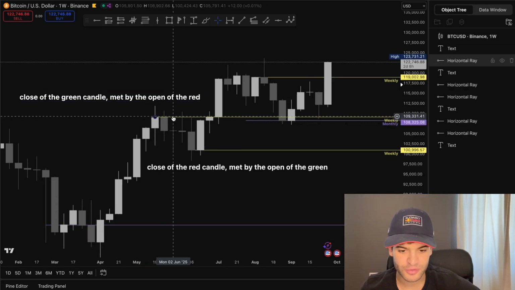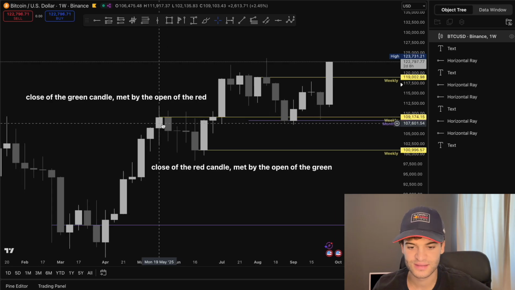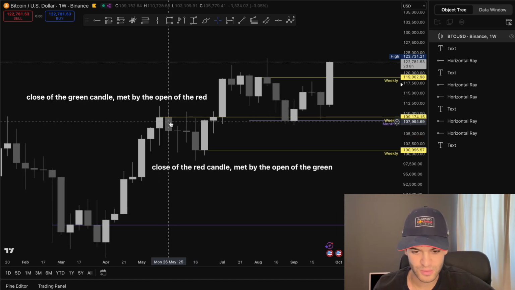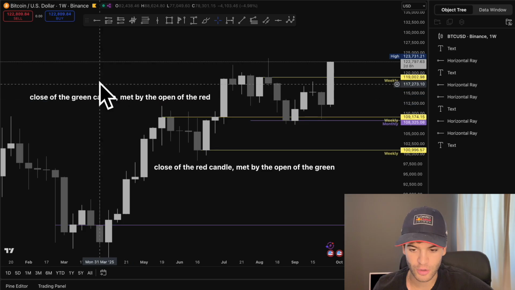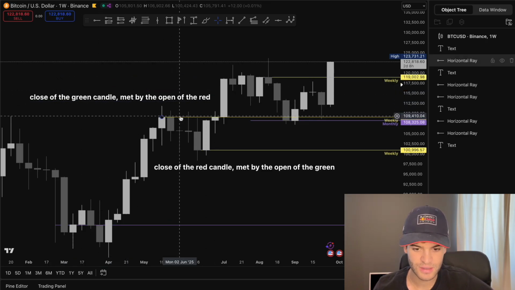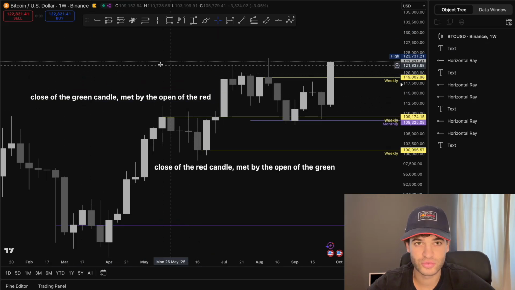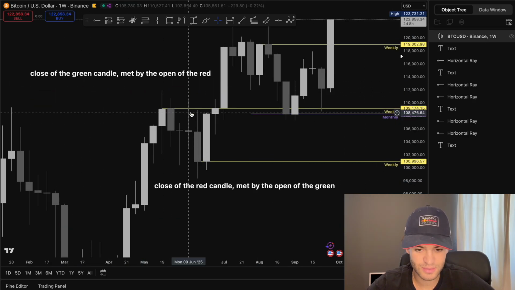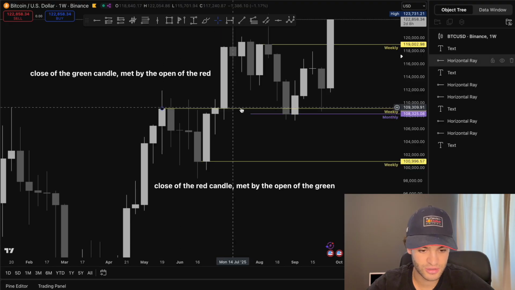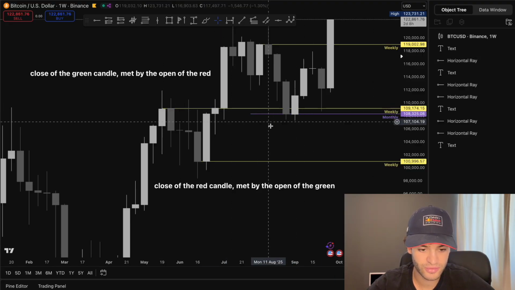But if you want to make it simple, you can just look at the last green candle followed by the red one. But if you want to consider the open and close, this is exactly how it is. So you can take a screenshot, you can write it down in your notebook, do whatever you need to do in order to remember. However, as I've just explained, this weekly level is no longer valid because we have already